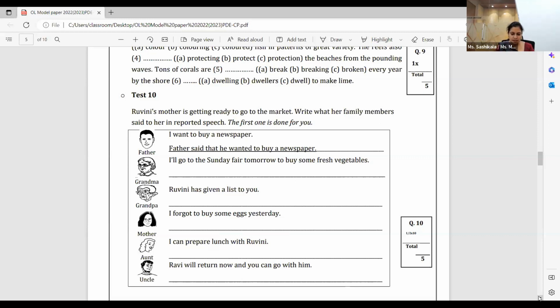Well, now let's go to the next sentence. I'll go to the Sunday fair tomorrow to buy some fresh vegetables. Grandma said, I will go to the Sunday fair tomorrow to buy some fresh vegetables. Now, when you want to change this into reported speech, I should be changed, will go, that is the main verb, should be changed, and the word tomorrow has to be changed because it's the time expression. So those are the three changes which we can see here. So if you change this into a reported speech sentence, grandma said that